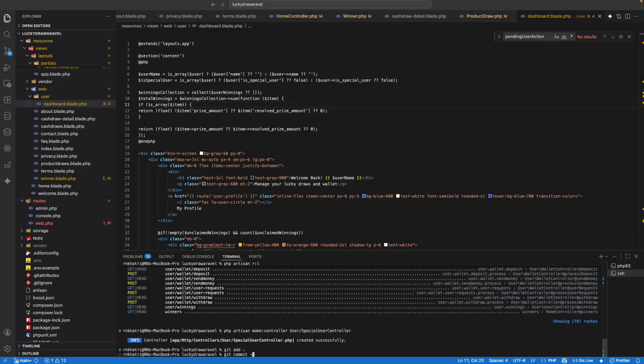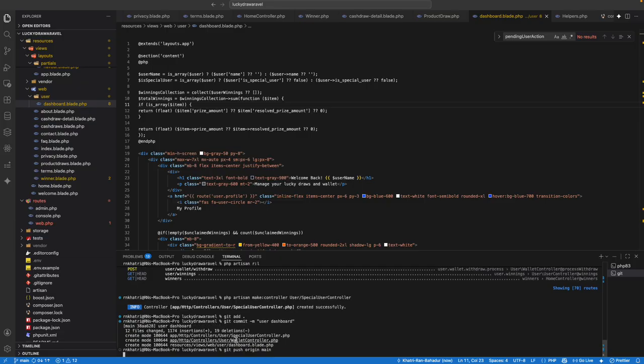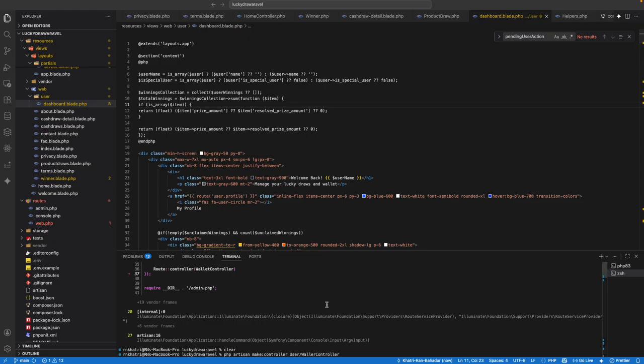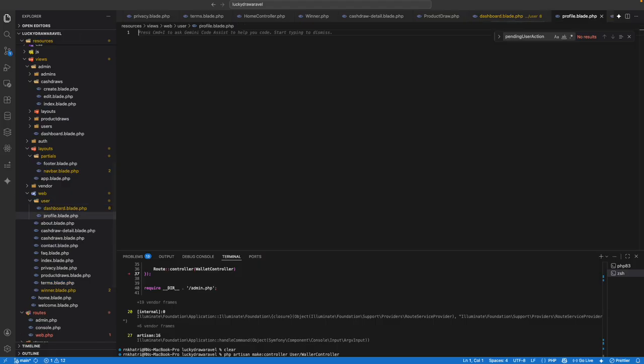Git commit -m user dashboard, git push origin main. Okay, yeah. Let's create another one, profile dot blade dot php. Okay,